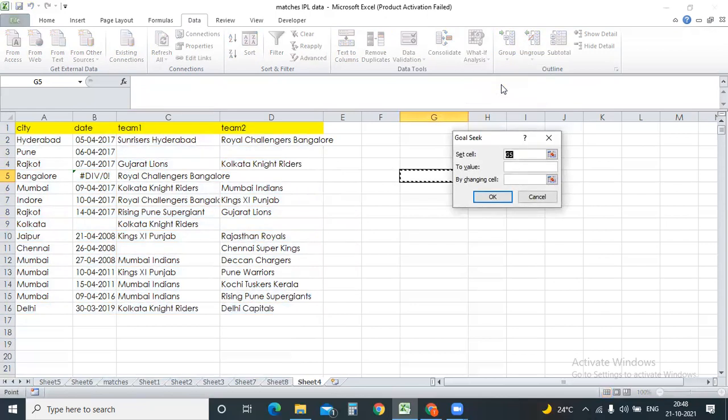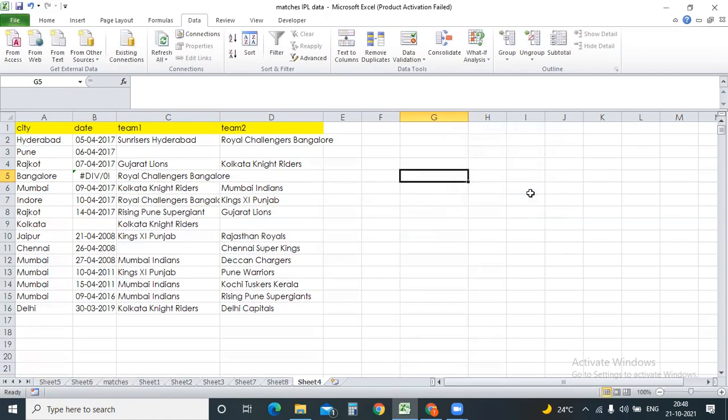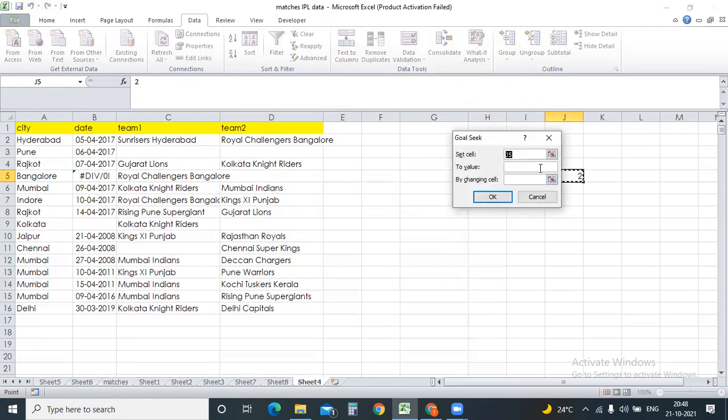Goal Seek is one of the bigger things. There is a lot of mathematics involved in it, but I have used it a little. Goal Seek, maybe 10 to the value 12. I'll give the values 3. Go to What-If Analysis and Goal Seek. Click on the value, change the cells.